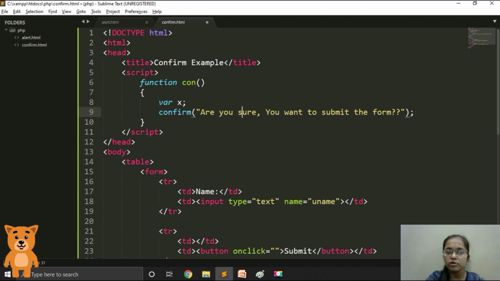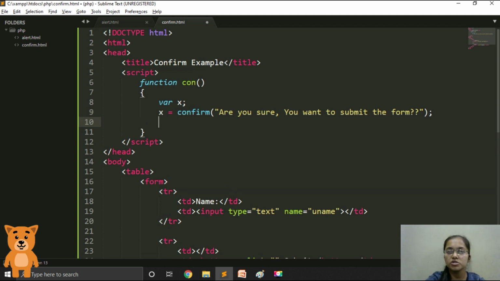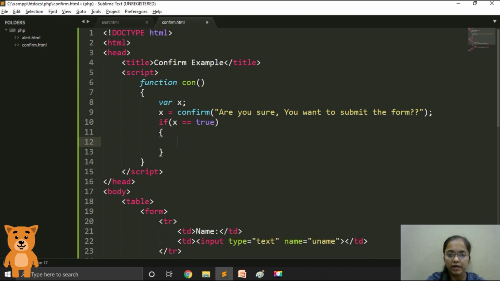Whatever the answer will be, we have to store it in the variable x. Now we need to check whether the user has clicked true or false, that is OK or cancel. So if the user has clicked OK, then x will contain true. Then we will show the dialog box as: you have submitted the form.